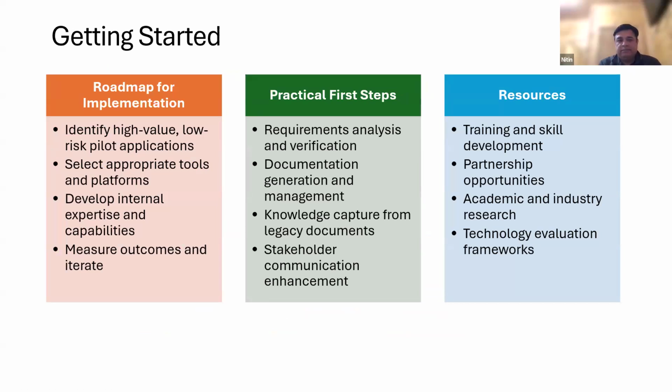How can we get started with Gen AI implementation in an organization? The typical workflow: we start with high value, lowest risk applications, select tools for piloting, measure the results, and evaluate effectiveness. That's the standard process. But in my experience, if we are implementing Gen AI, especially for systems engineering, then we should try to give it tasks which are more textual in nature, because the majority of organizations today still have their artifacts available as plain English text.